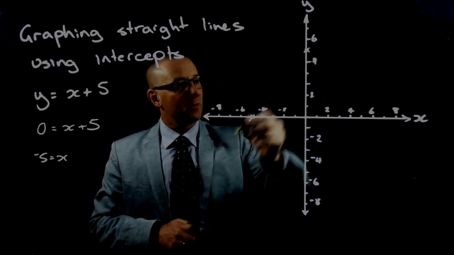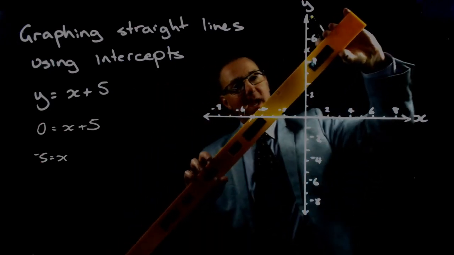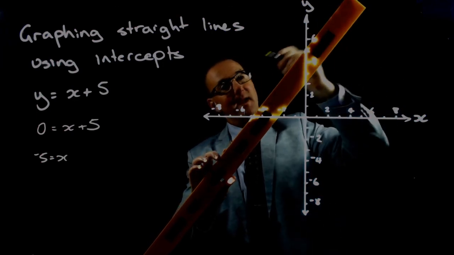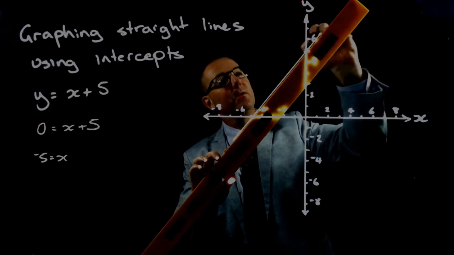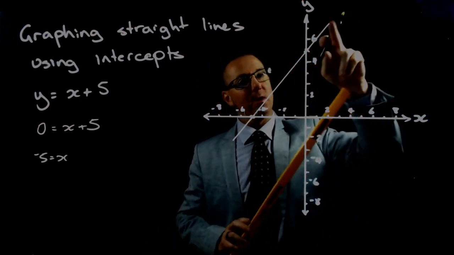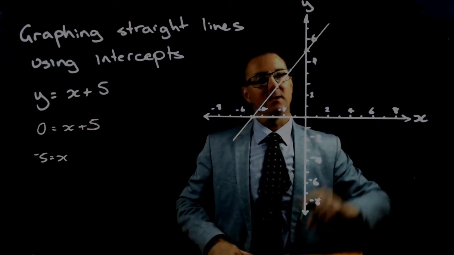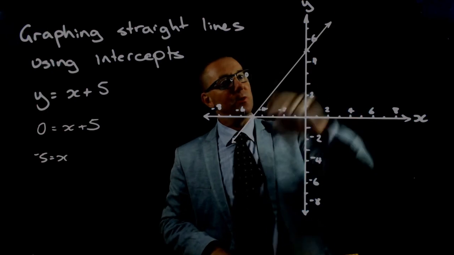And so we've now got 2 points. And so what we can simply do is take our ruler, and if we line up those 2 points and draw our line straight through those 2 points, then we've got our line which represents y being equal to x plus 5. Now remember that this line goes on forever in both directions, so we should put an arrow